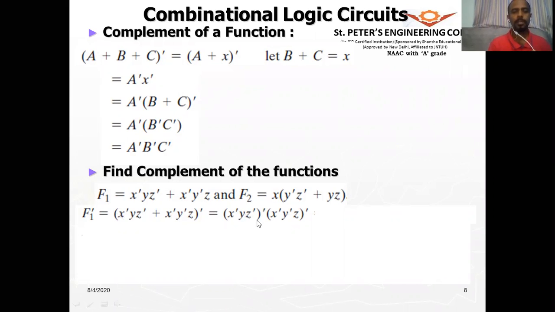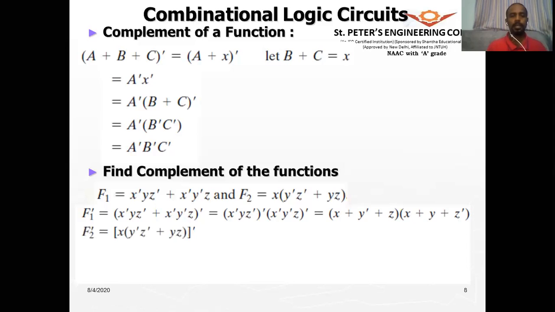And this OR operation has become an AND operation, and this whole term will be treated as one, with that whole complement. Now again, you take the complement inside, and wherever there is the AND operation, that will become an OR operation, by applying De Morgan's theorem. So this x complement and another complement: we have seen the identity, x double complement is equal to x. Therefore, this will turn out to be x, or y complement, or z, because z double complement will be equal to z. And in these terms, it will be x or y or z complement.